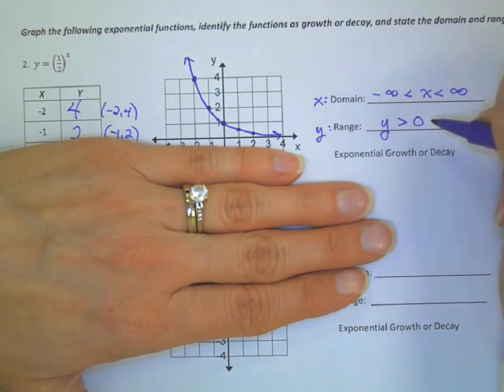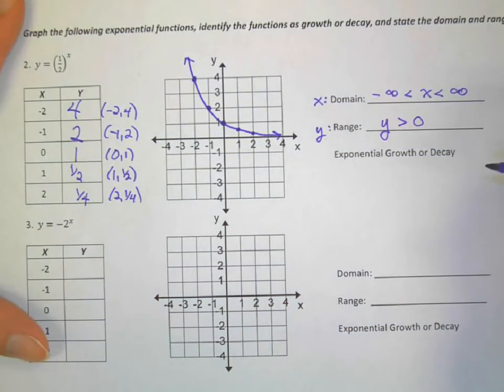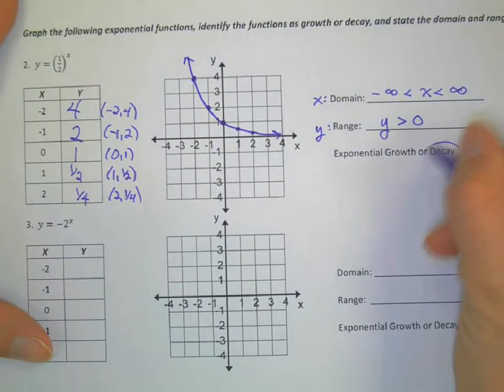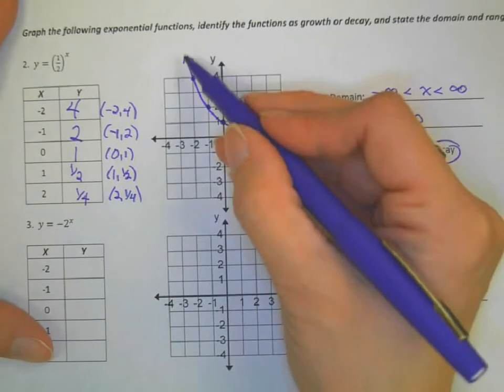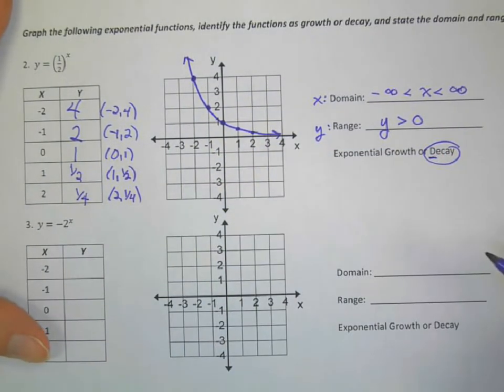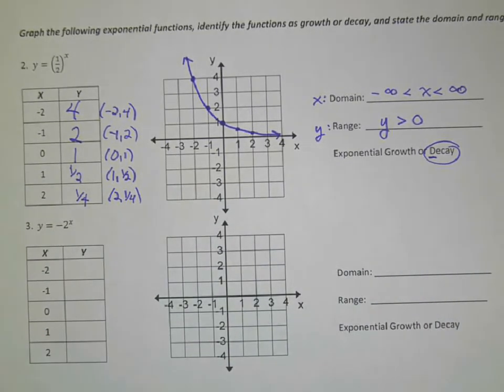Was this growth or decay? The values were going down, down, down. So this was decay, D for down. It was decaying away, getting closer and closer, almost like nothing. All right. The next equation,